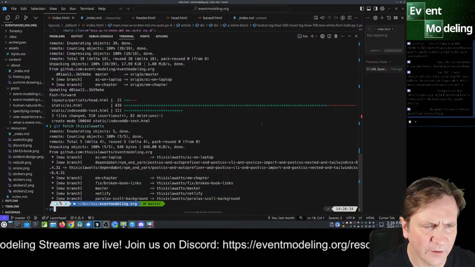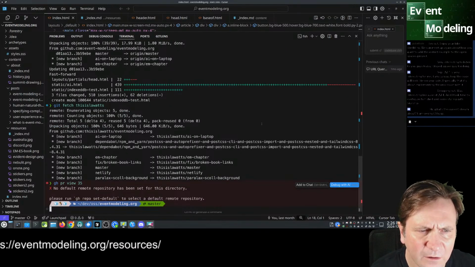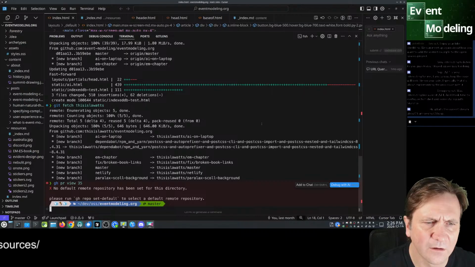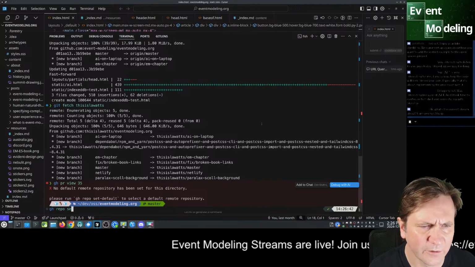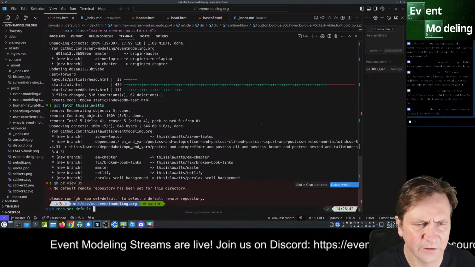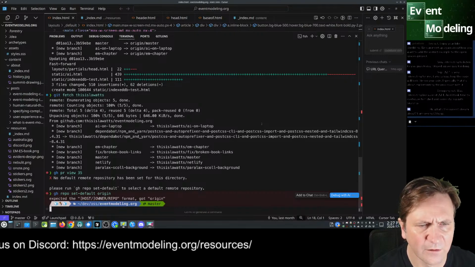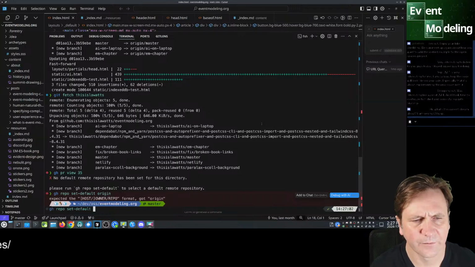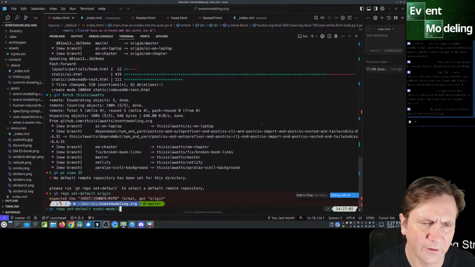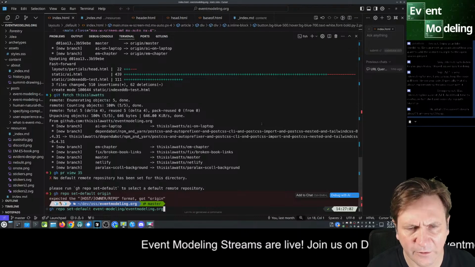If we go back to the PR. No remote repository. Oh. Repo set default. So that's what the hell? Event modeling, eventmodeling.org.